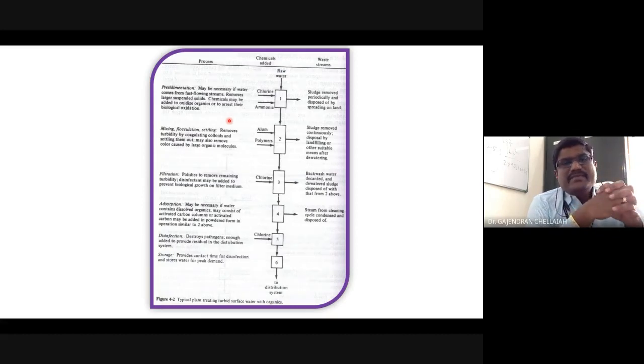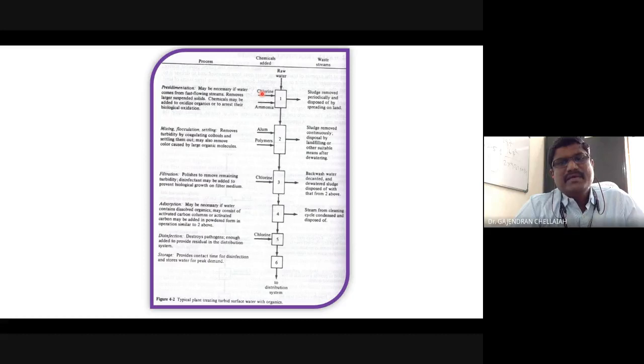So you will keep this. Sometimes it is not possible without adding any chemicals; you may not achieve it in a rapid manner. So for that they will add some chemicals. Even in the village side, they use some seed or roots of some plant, and when they stir it into the water, especially water which contains a large amount of turbidity, it removes the turbidity or settleable solids from it. Then we will add chlorine and ammonia in the process. These chemicals will enhance the process.